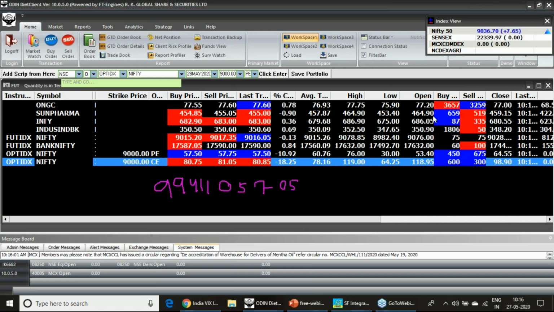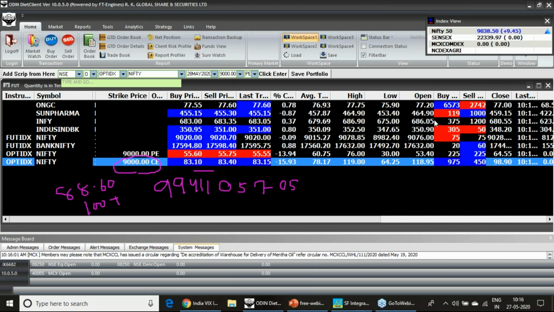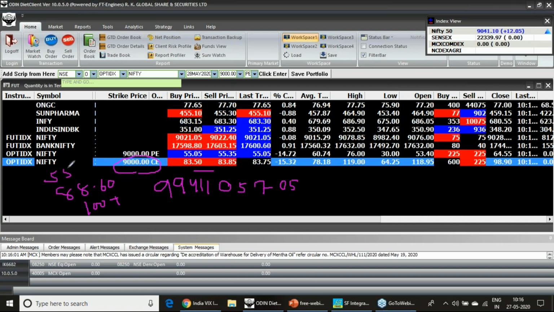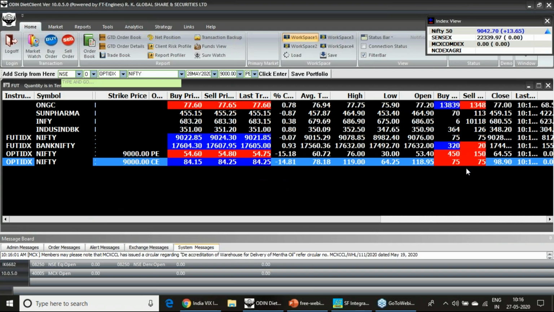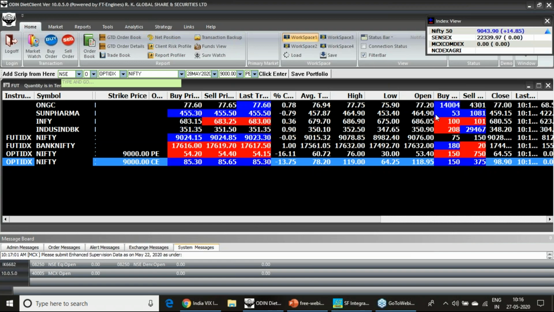If you have any further query, today we are going to track this 9,000 call option, which is bought, for a target of 88 rupees 60 paisa, then the 100 plus level what we have analyzed. Till day end you observe where we are landing, and 55 rupees is the stop loss. This is what we have studied. Keep following this and you will get that result by the day end.